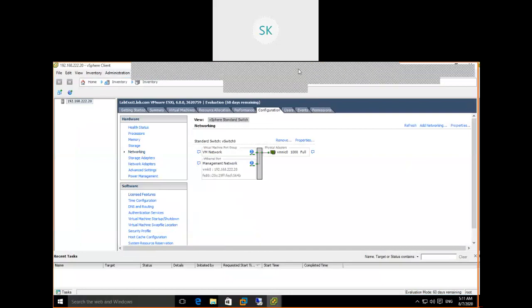There are two different properties tabs available. If you want the respective switch's properties, you can click on properties of that respective switch. There is one more properties tab under the networking main tab in the right corner. So first we are going to see the properties of the virtual switch which is created by default